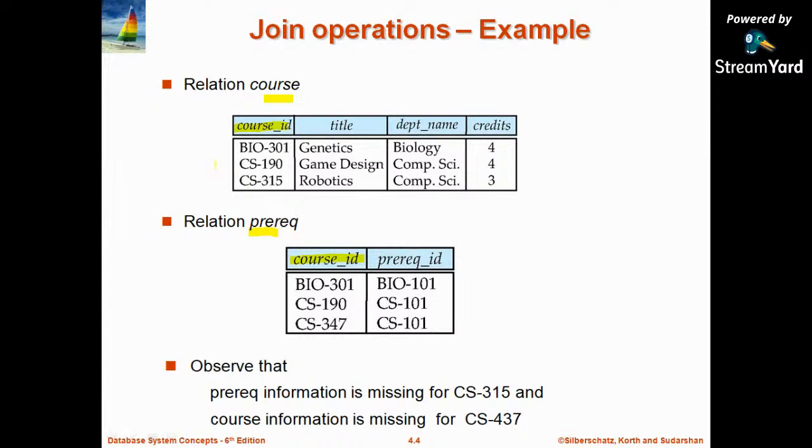You can see that some of the entries are the same. Bio is present here, bio is present here. CS 190 is present here, CS 190 is present here. 315 is present here, but it is not present here. CS 347 is present in this table, but it is not present in this table. If we consider this as the left hand side table, and this as the right table, and you would like to perform the join operation between the two,